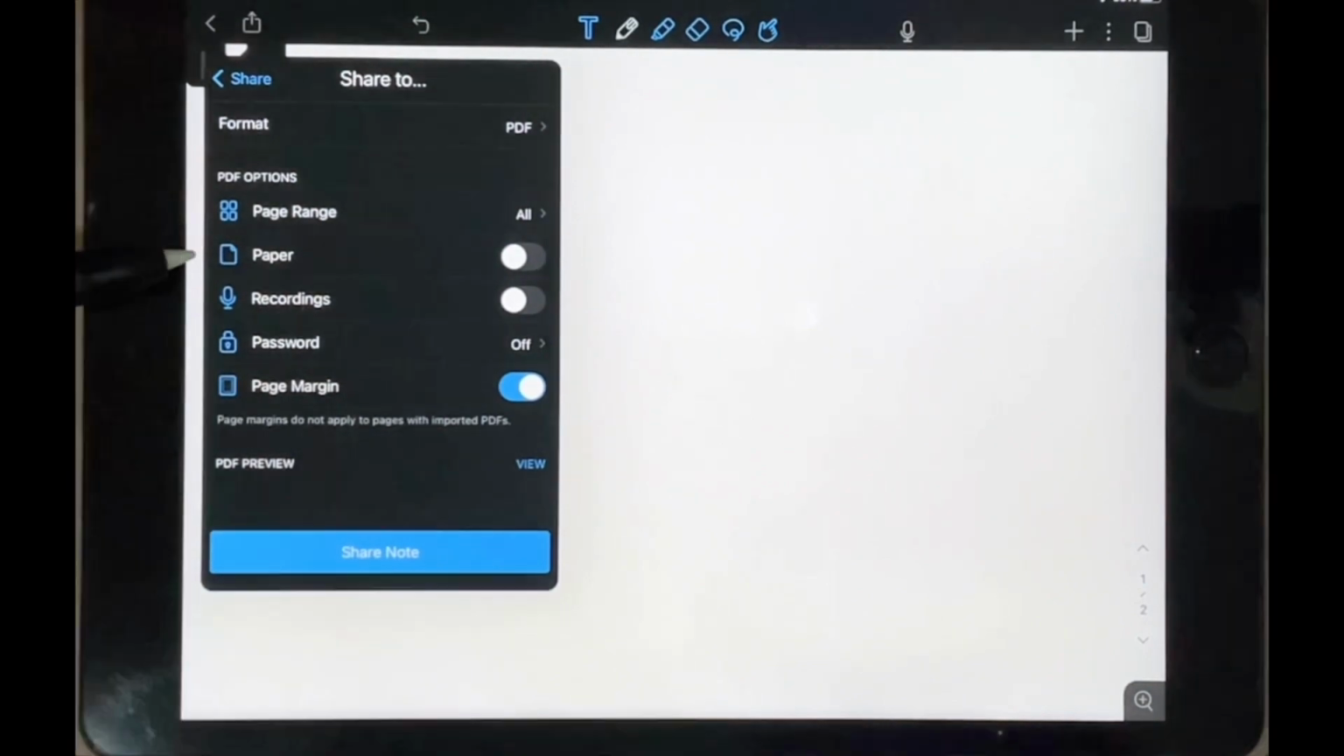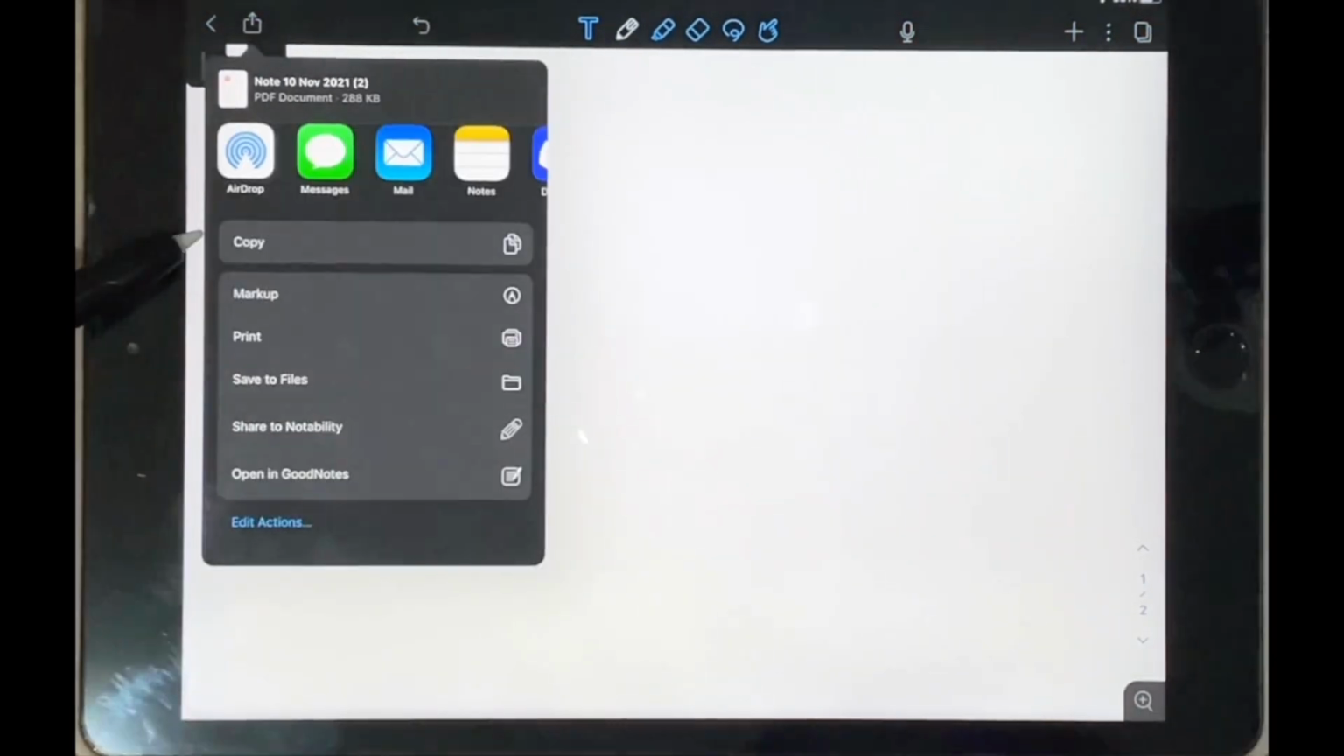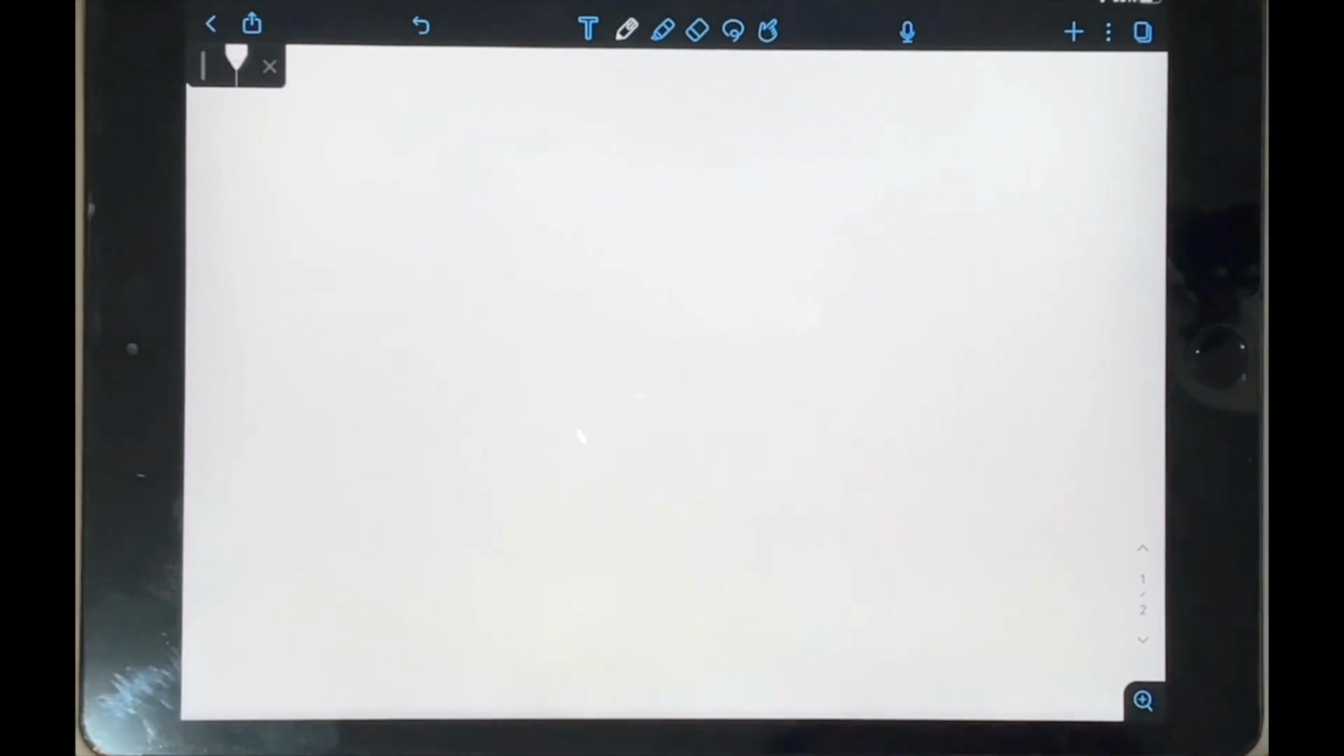You're going to tap on PDF if that's not already chosen, and then you can just tap on share note, and this will allow you to save to files or share in any other way, and you can do that. And yeah, that's basically it. If you wanted to know how to export notes in Notability in PDF, this is the easiest way I know how,